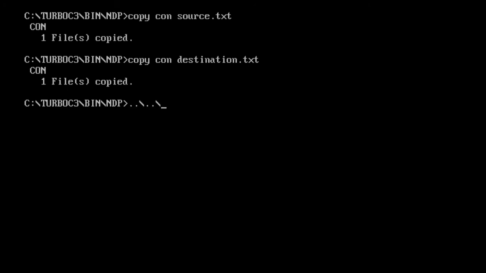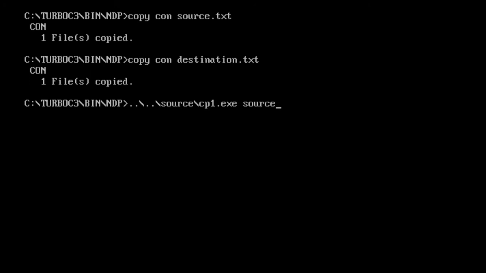Previously we gave the copy command, then the source file and the destination file. Now I am giving my exe name, cp1.exe, space, source.txt, space, destination.txt.